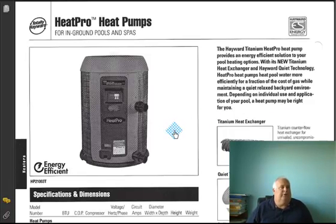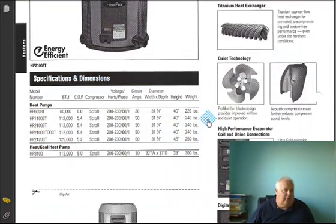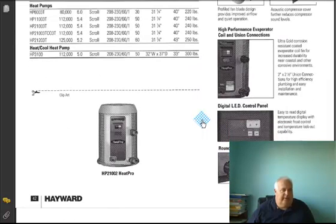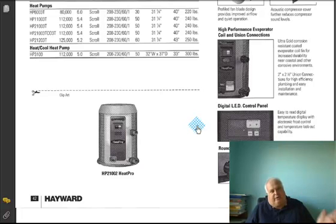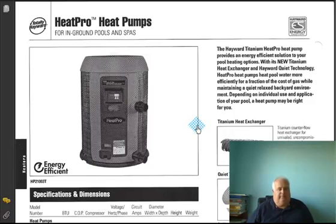Alright, this is the new HAYWARD heat pump. We're not going to talk about the new HAYWARD heat pump, because that is not what I want to talk about. Alright, this is 410A. I want to talk about something I get a lot of complaints about out near me,